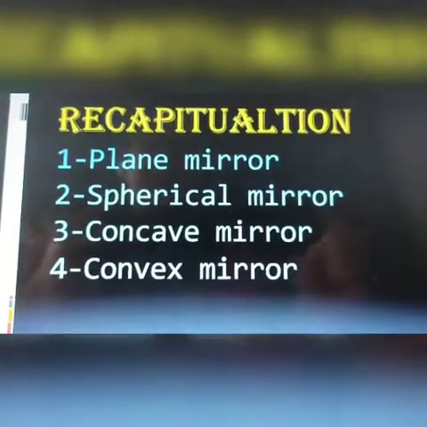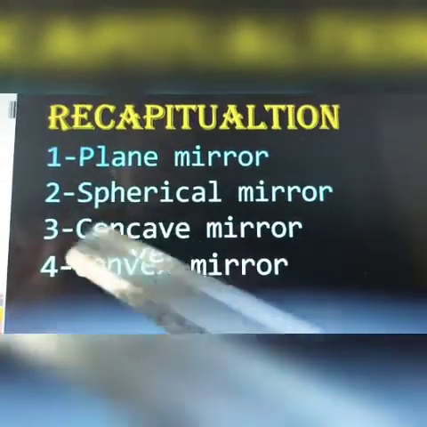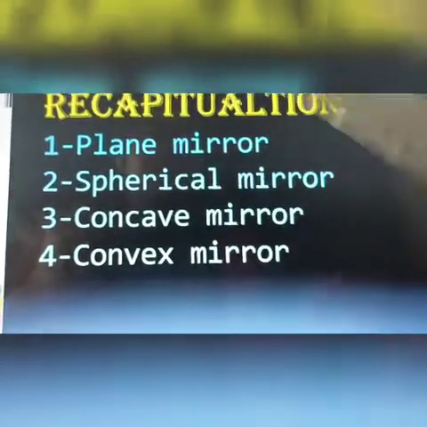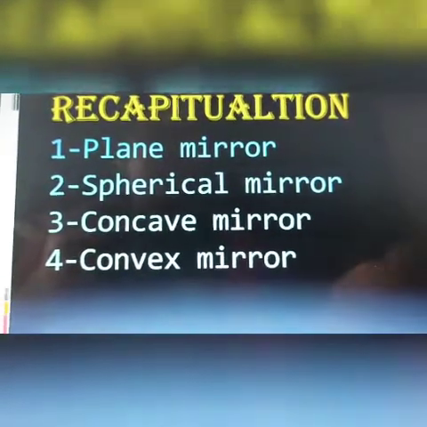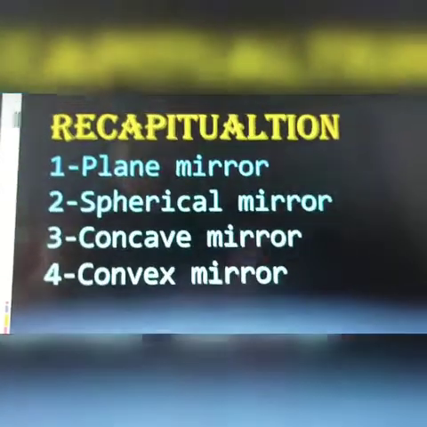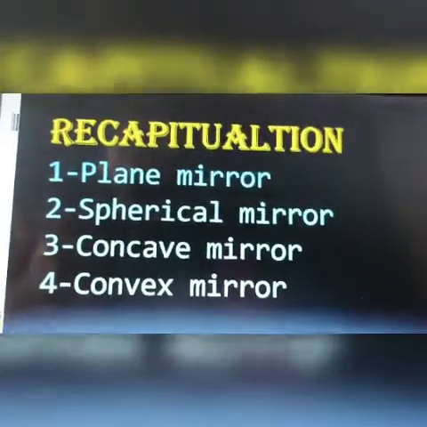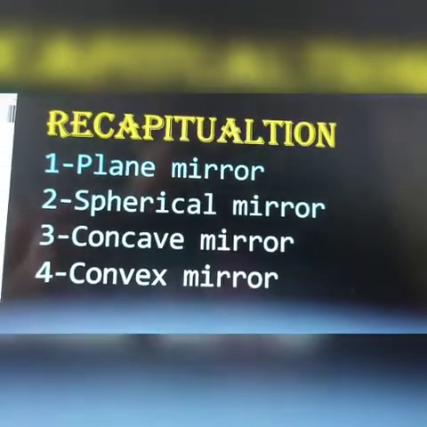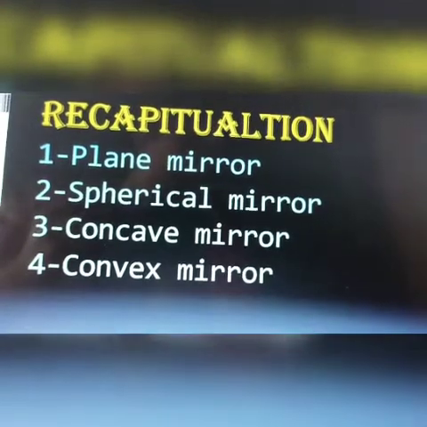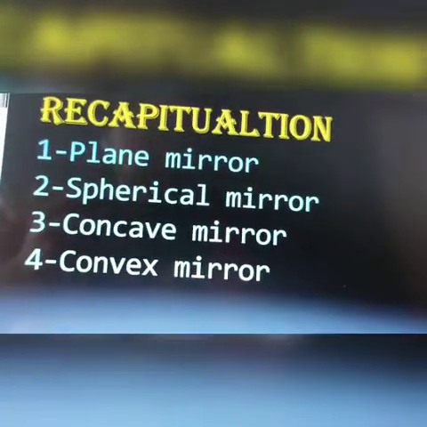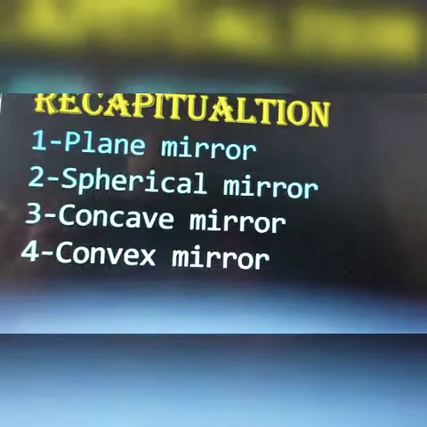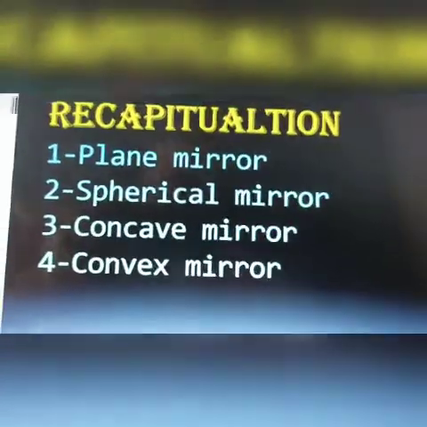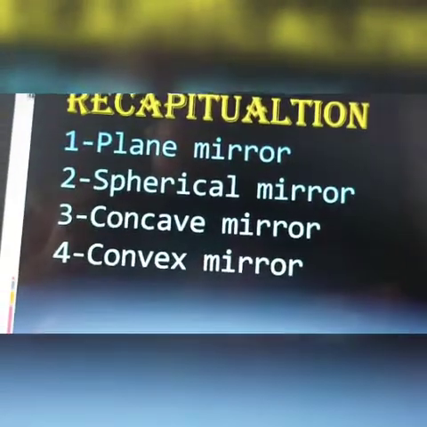the very first thing we studied about the mirror. Mirror is of 4 types: plane, spherical, concave and convex. Plane mirror, the biggest example is in our houses. Those are the plane mirrors. Then spherical mirrors are plane mirrors but a little curved. Then we studied concave mirror, in which the reflecting surface is inside and the polished one is outside. After that, convex mirror, in which the reflecting surface is outside and the polished one was inside.